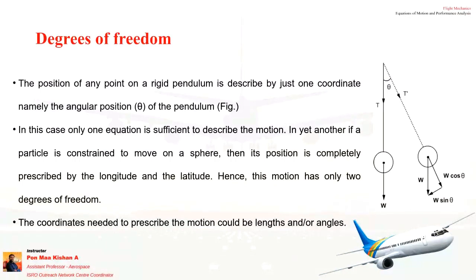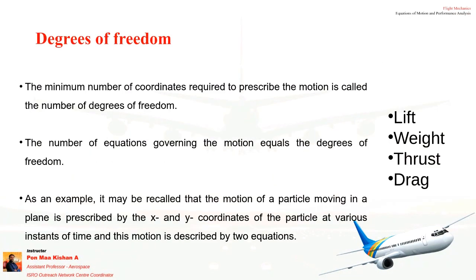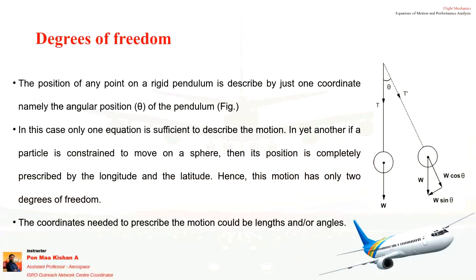Another example is the simple example of a pendulum. Here we are just looking at the linear motion, only x and y. Suppose we consider the third dimension z, apart from that the angular position also we have to consider. If we are just considering the xy plane, the two-dimensional linear case, then it has two equations. If we go to the third dimension, three equations. Then if it is a rotational motion, we have another coordinate, another degree of freedom.